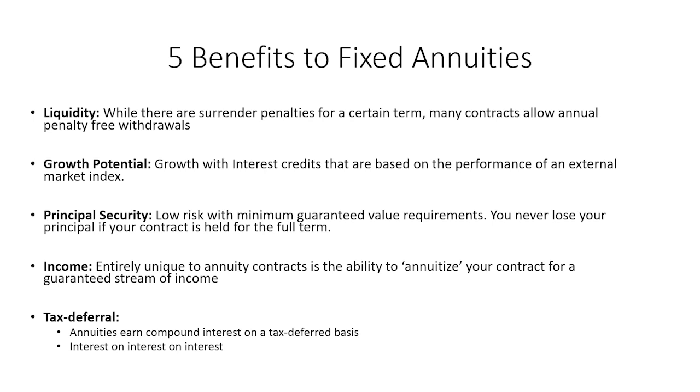Let's start off with liquidity real fast. 5 benefits to fixed annuities, starting off with liquidity. If you're talking to a client, a lot of times you're going to get one big pushback whenever you're talking about annuities. You're going to have the Suze Ormans and the Dave Ramseys saying that there's no liquidity, but that's just not true. There are surrender penalties with annuities, but many contracts allow penalty-free withdrawals, allowing your clients to have access to up to 10% of their money without any type of surrender charge, penalty, anything like that.